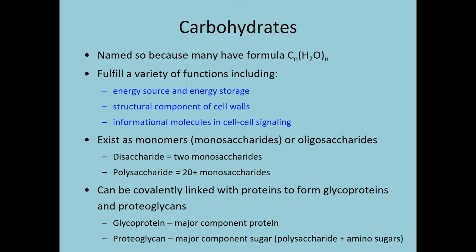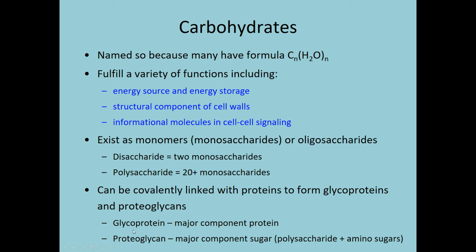A little bit of terminology with carbohydrates. We have single monomers, and we call those monosaccharides. As we combine two monosaccharides together, we form a disaccharide. And then typically anything 20 plus monosaccharides would be considered a polysaccharide. We can take any of these polysaccharides or the monosaccharides and we can link those to proteins, forming both glycoproteins